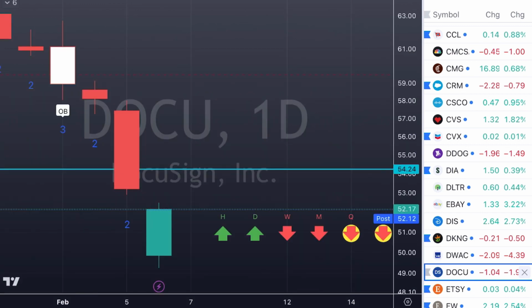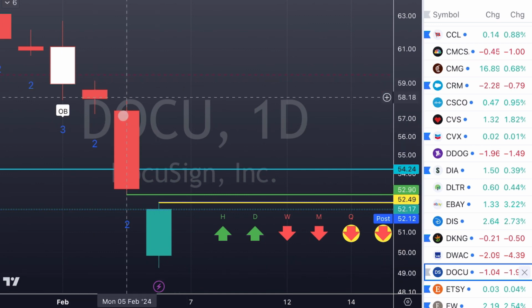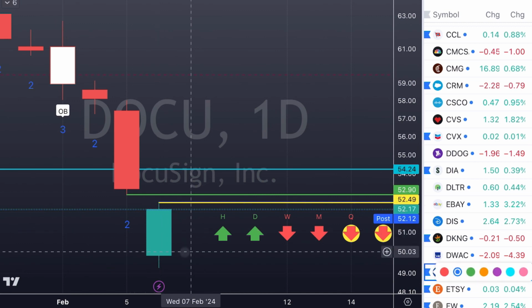DocuSign, 2 down, finish green, gap. There becomes your first target because when we have a gap, that becomes our first target. We need to fill that gap before we move our target. The next target would be to the high side, but once we fill that gap, then our targets move to the high side again. But if there's a gap, it goes to the bottom. Obviously, if we're trending to the downside, it's the exact opposite.